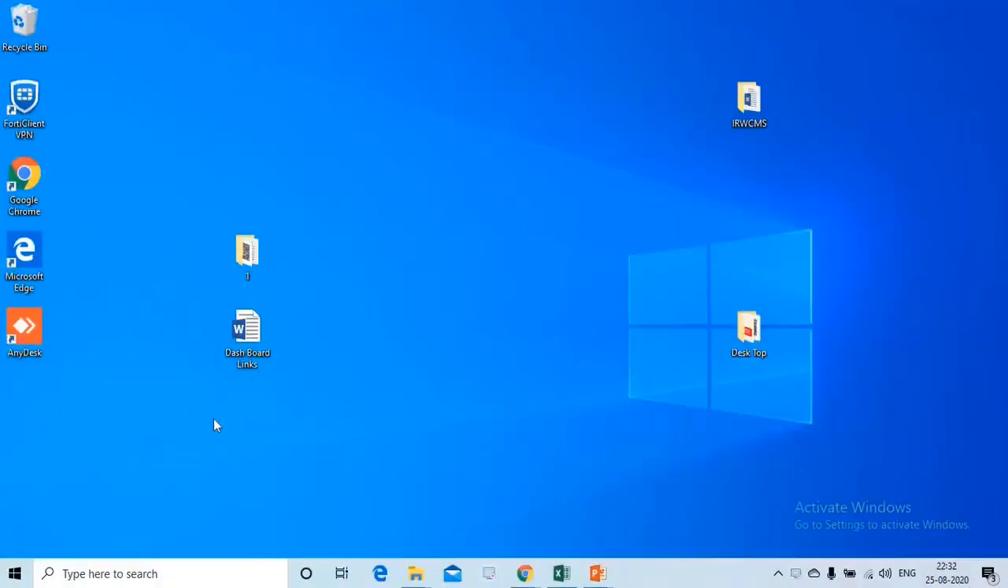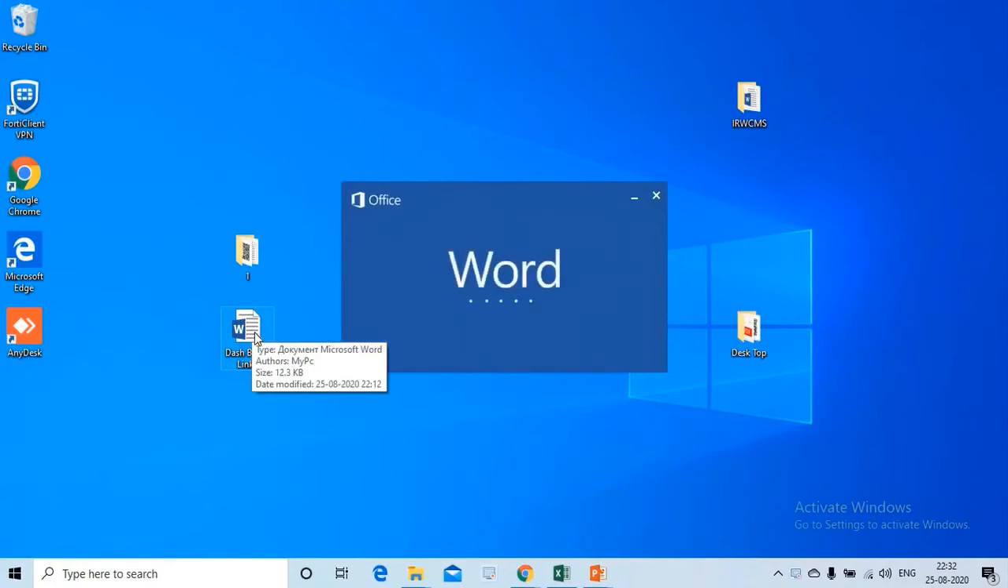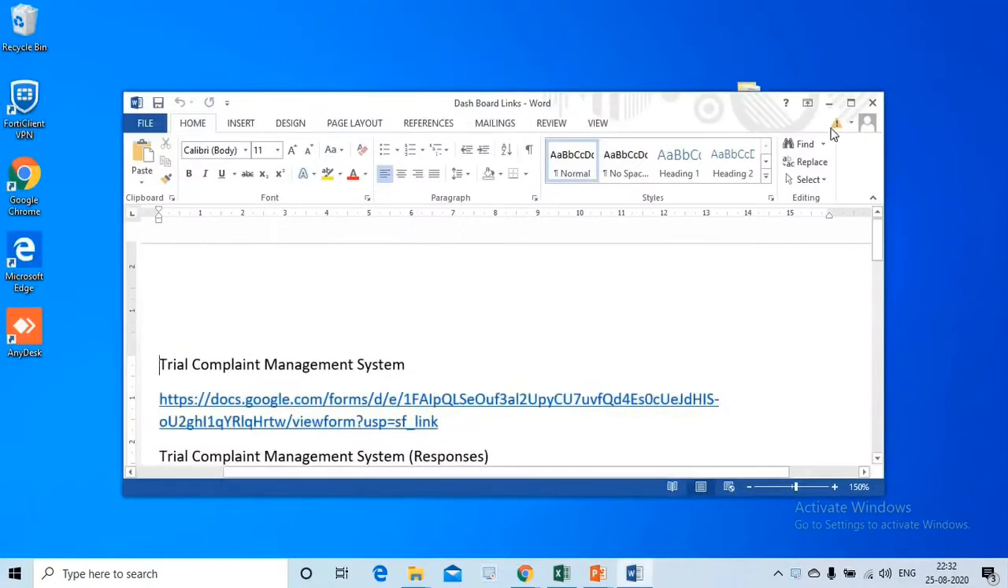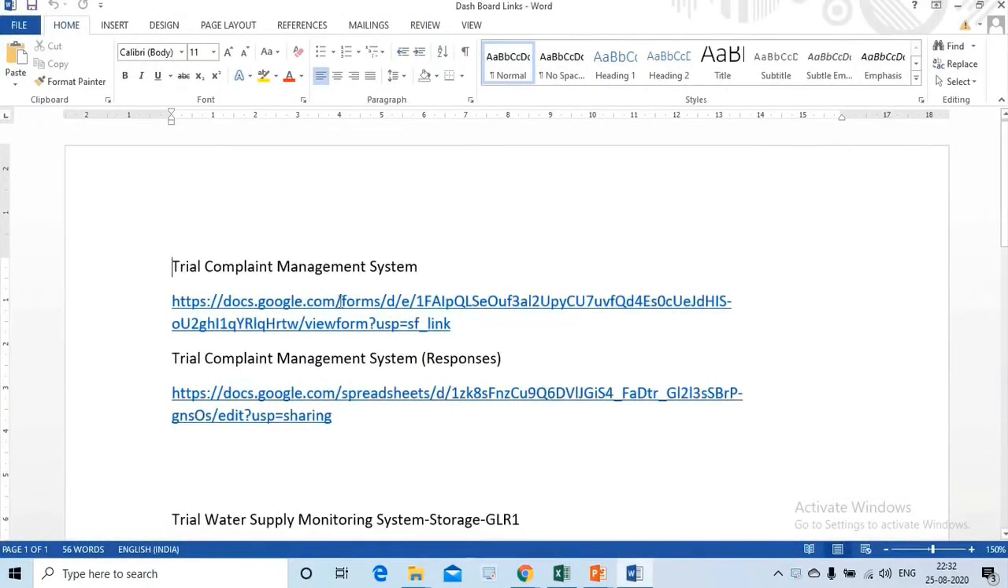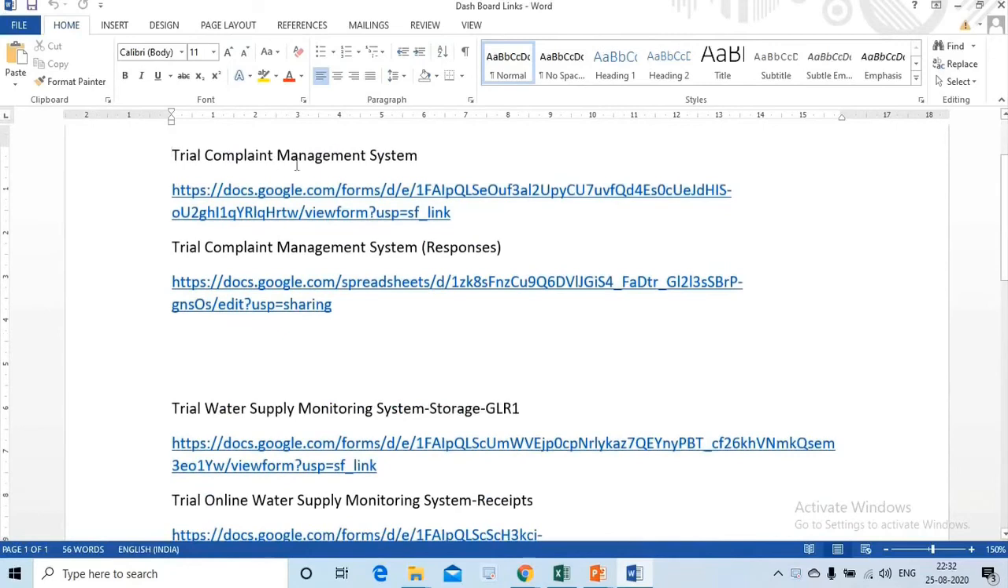So now we are going to create a digital dashboard, that is a single point source from where we can access multiple links to Google Forms for various online systems. To begin with, I have created a document file, that is a Word file, consisting of all the links, so that it will be easy for me to copy them to the Google Forms. I have listed them: trial complaint management system, its link, trial complaint management system responses, that is